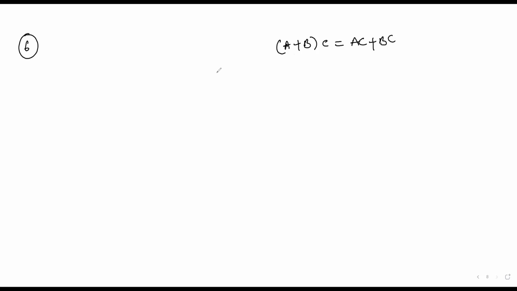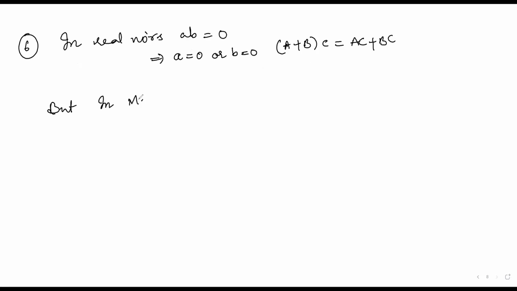Now next is very important. In real numbers, if AB is 0, that implies either A is 0 or B is 0 or both are zero. Any one is compulsorily 0. But